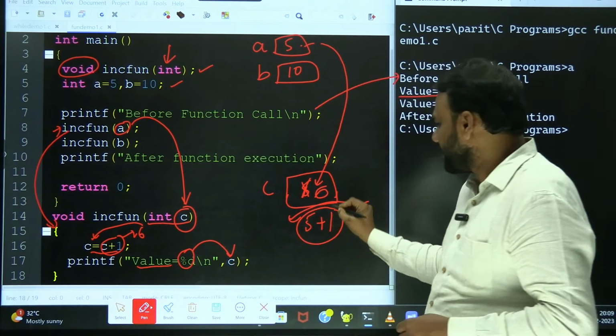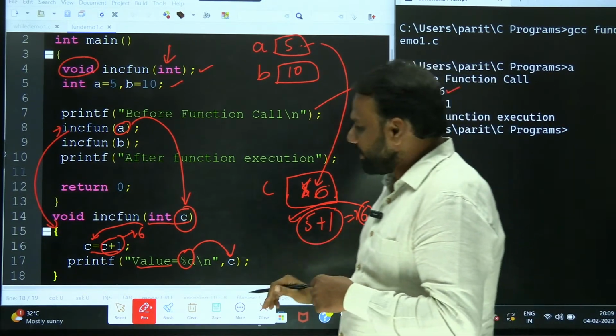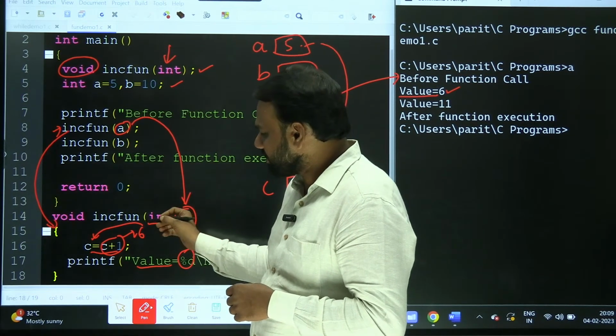So what is the content of C? Content of C is 6. So here we have displayed 6. After executing the printf statement, what happens? It means we have completed the execution of the increment function